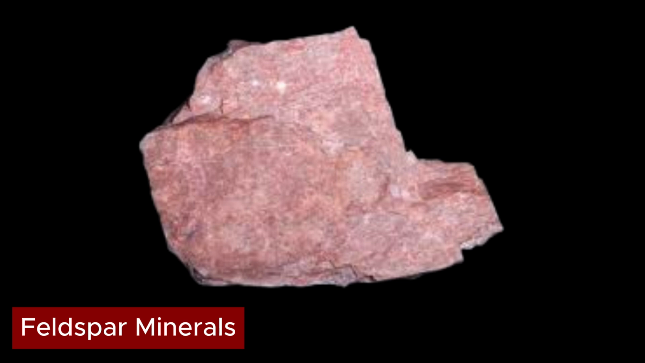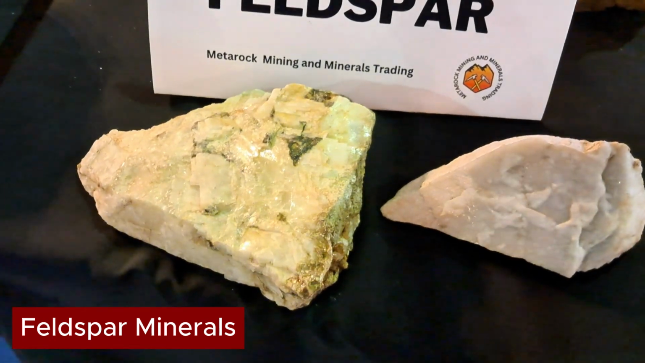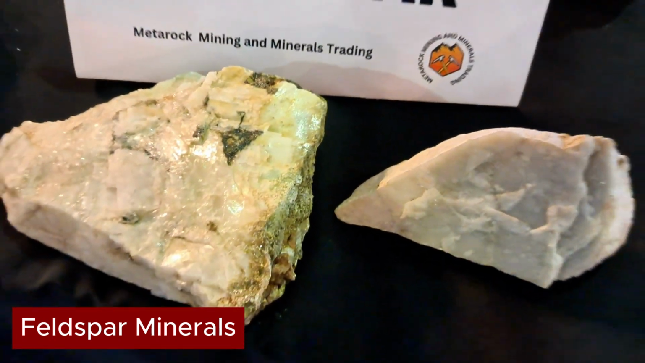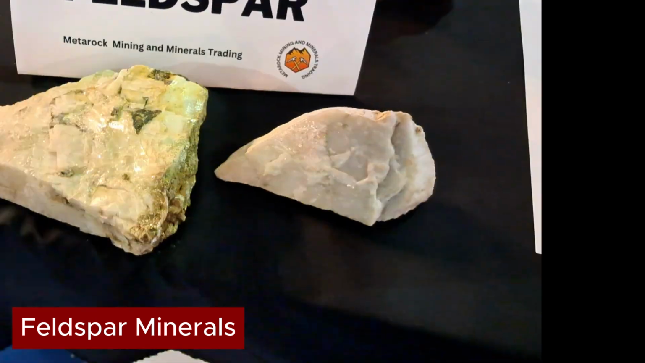The second group is plagioclase feldspar, which forms a solid solution series between albite, rich in sodium, and anorthite, rich in calcium. Plagioclase feldspars are typically white to gray, and are found in a wide range of igneous rocks, from